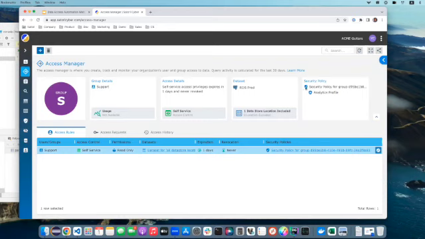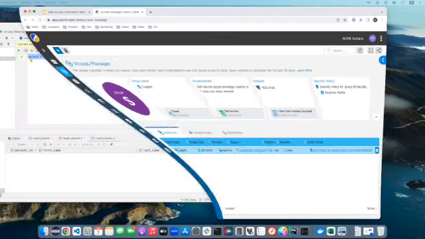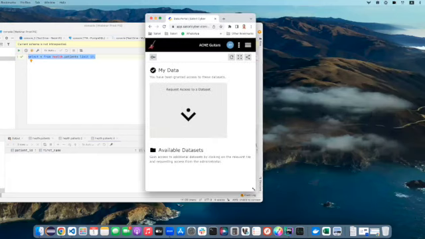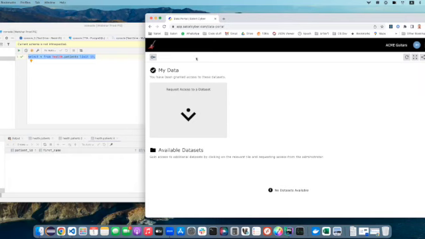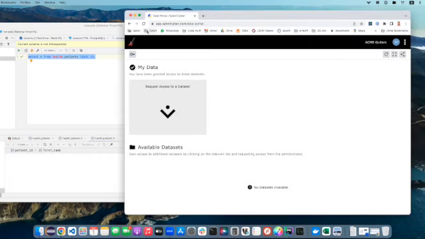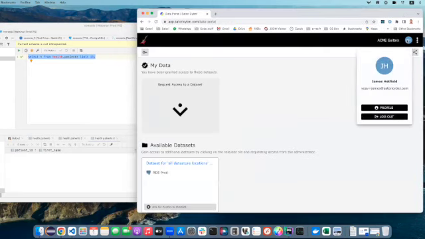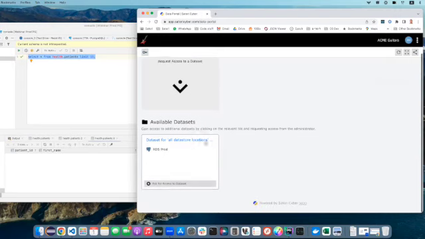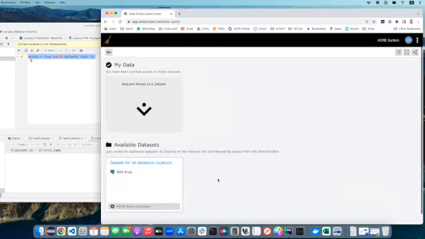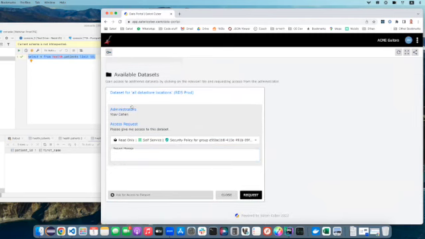Let's call on James from the support team and have him access the data. So I'm going to minimize this. And I'm going to call James. So now I'm logged into Satori as James. James is a support engineer. You can see him here in Acme Guitars. And you can see that when James logs into the Satori data portal, he now sees an available data set here that he can access. So if I click on it, we can see that